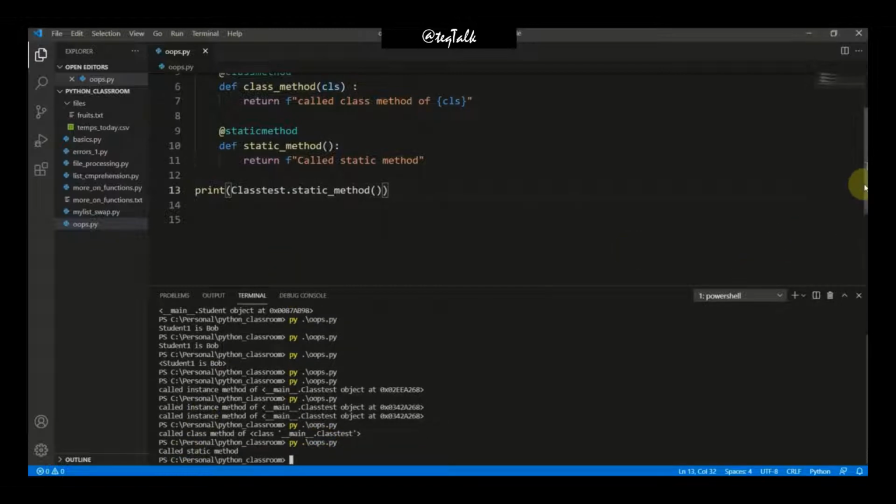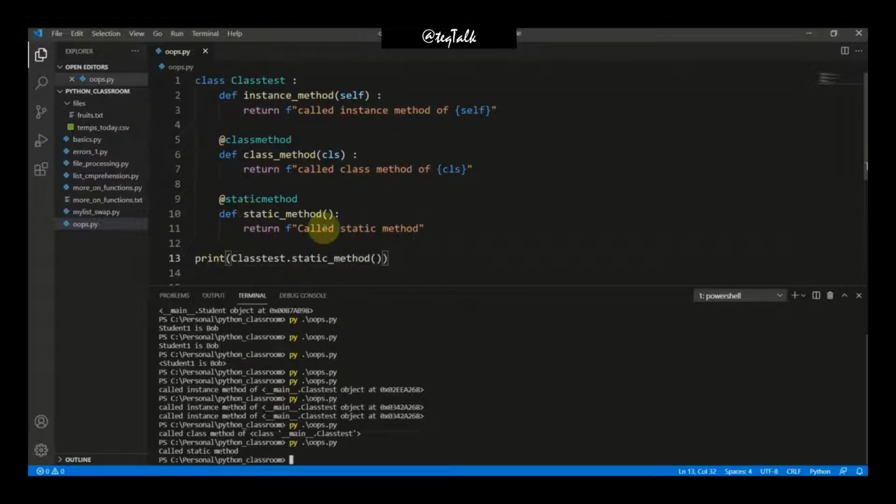So basically this static method is not really a method. It is just a simple function that lives inside the class Test, but we still call it a method because it is present inside the class. It is just a simple function that will not take any argument such as CLS or self to represent the class or the object or instance.